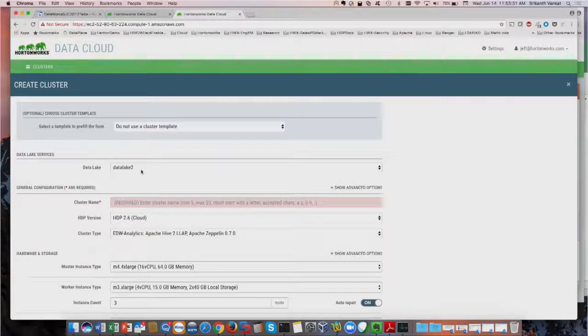So with these building blocks in place, I'm going to hand it over to Srikanth to show, let's see it from an end user perspective. Thanks, Jeff. All right, so